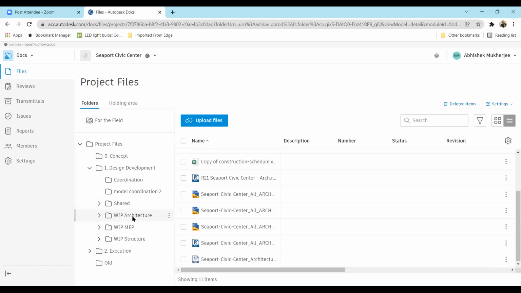We are avoiding emails because emails are long trails of messages, including all the changes which are required over there. And then someone gets lost inside the email, they have to search for it as well. But here we have created issues and all, which will be with that model. So anyone who is in the work in progress architecture who has access to this can check that. But the other consultants will not have the work in progress architecture access. So then they have to move it to the shared folder with the help of something called approval workflows. We'll go for that review system just in a while. So right now I can also go for the structure file, work in progress structure.